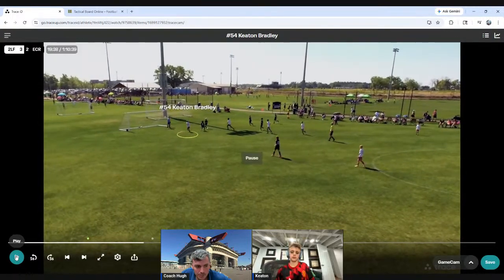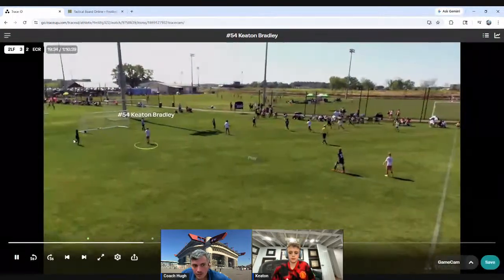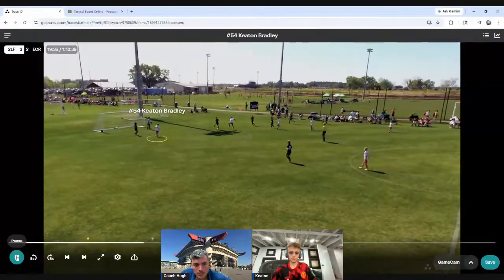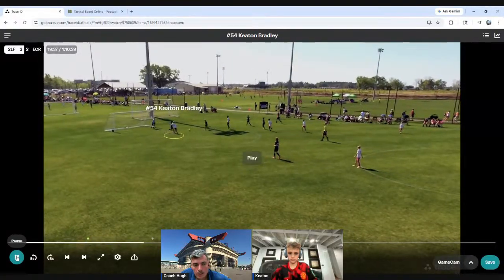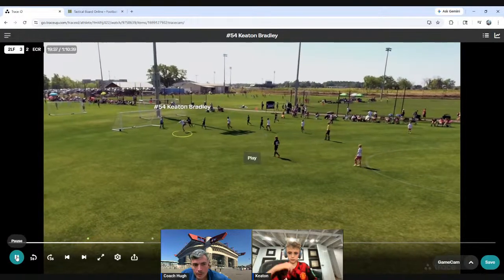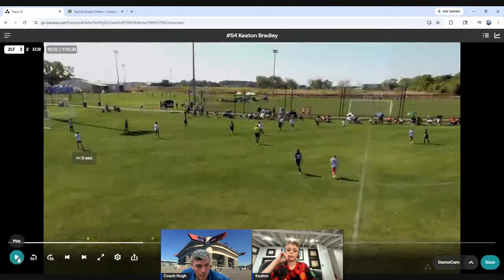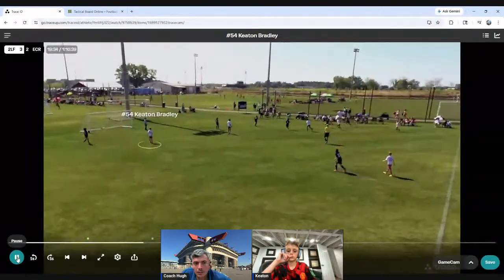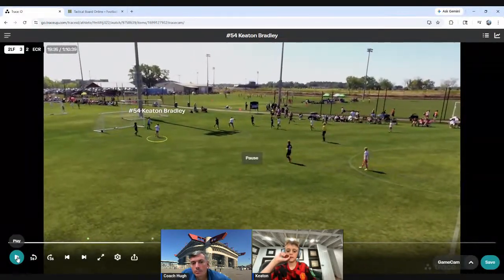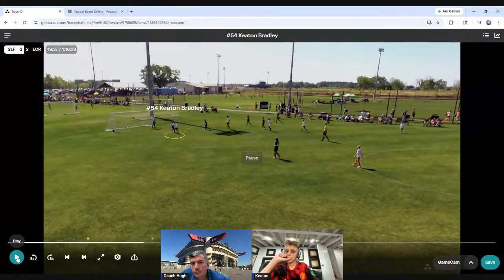It is a bouncing ball, but notice the defender beats you to the ball here. You plant, you go to swing, and he's already there. So he's at the ball. Could we have potentially gotten there quicker? Yeah. Maybe. I don't know. Because you're looking to shoot off the volley.